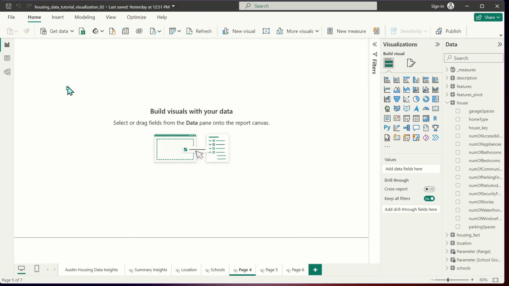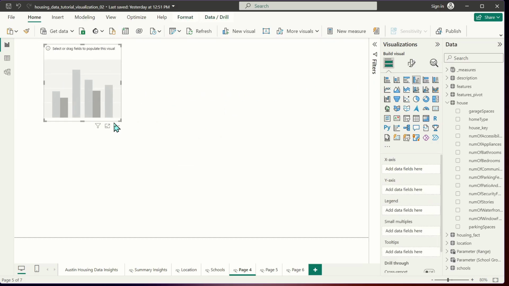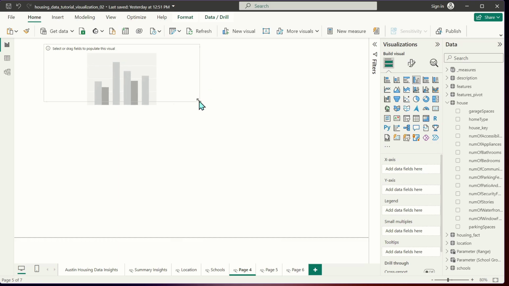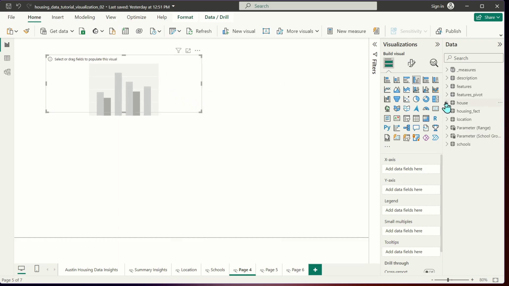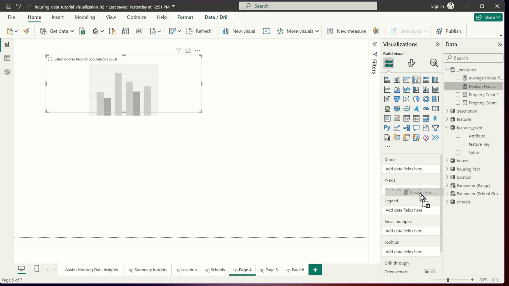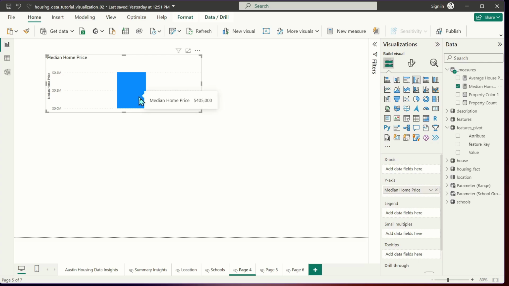Just as a warm-up, let's go ahead and build out a simple bar chart here. We are going to use a clustered column chart. And I'm going to try to glean a little bit more information from our features pivot here. I'm going to use my median home price DAX measure and drop that into my y-axis. You can see I've got median home prices of